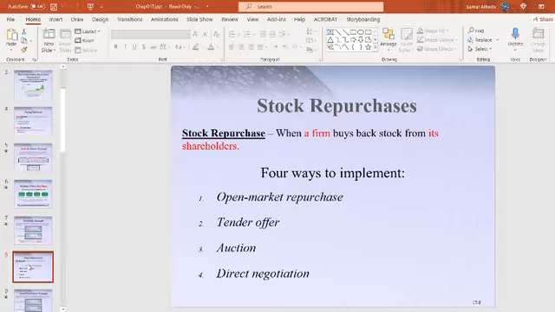Normally, the company buys their shares from the market. Another way is called a tender offer. In this case, the company or the firm offers to buy back a stated number of shares at a fixed price. So here they announce, we want to buy a specific amount of shares, and they put the price. For example, they can say, we want to buy 1 million of our shares from the market and we are happy to pay $20 for each share. They will just announce it.